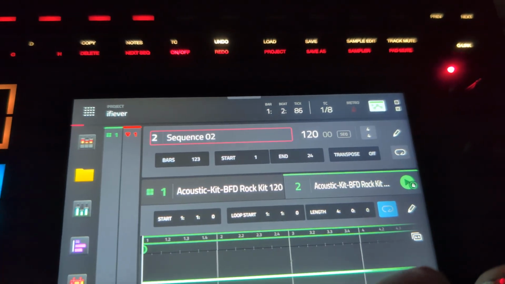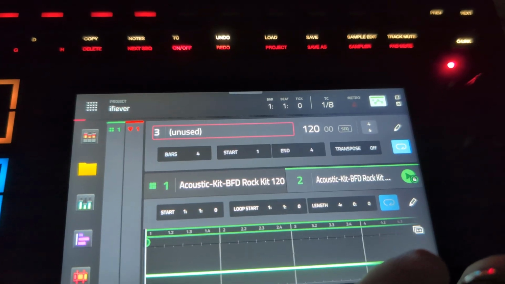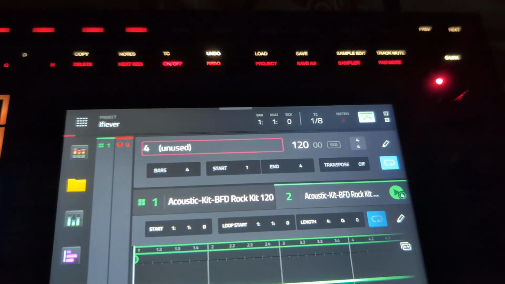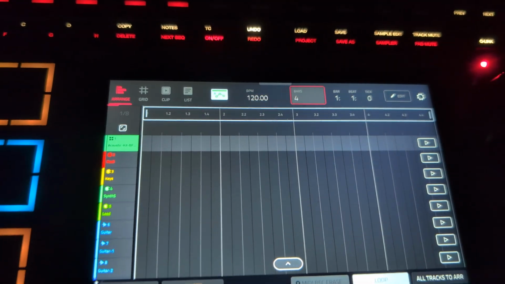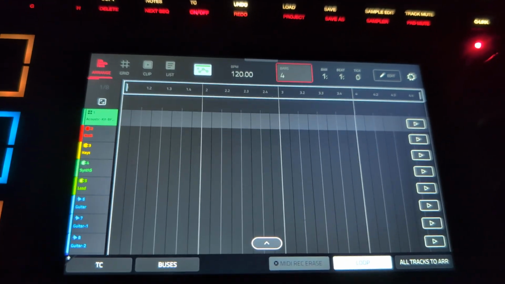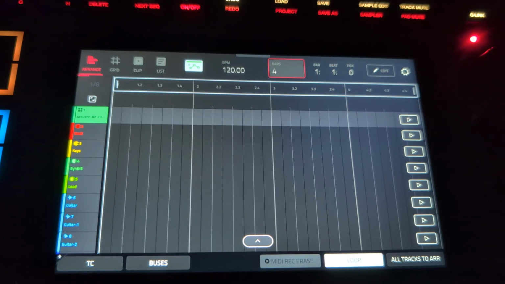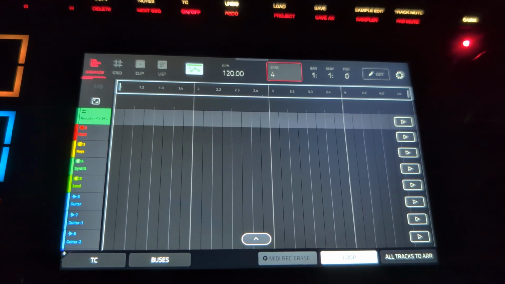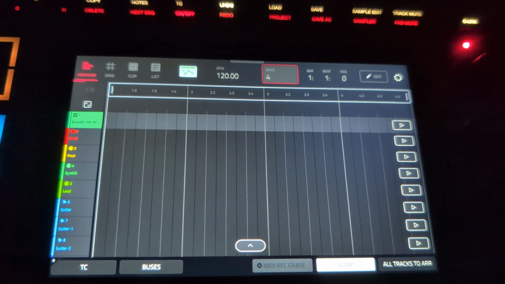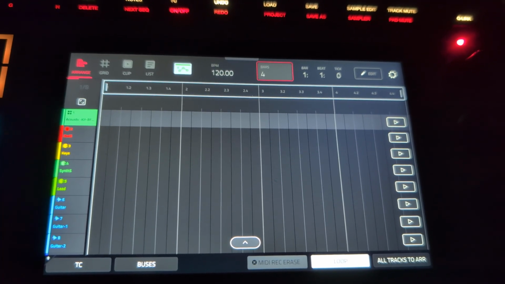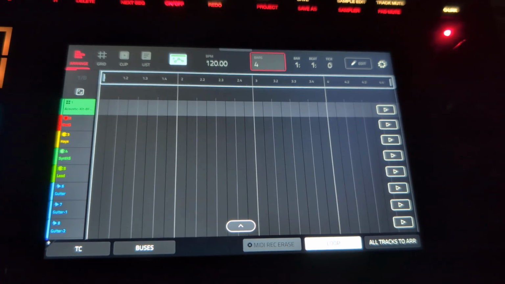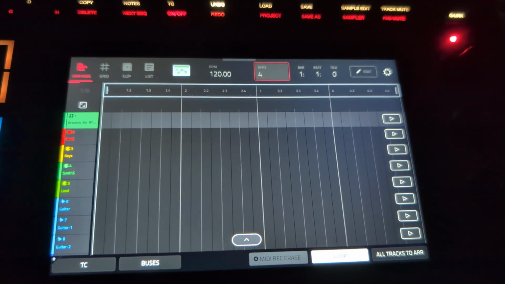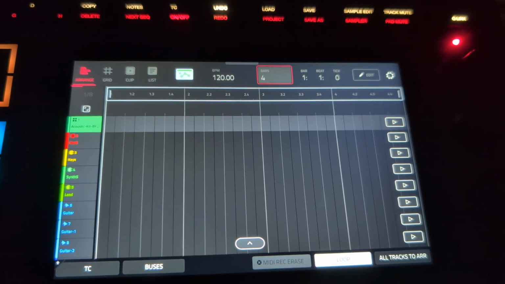using this jog wheel and go to a new sequence, what I actually am doing is, and it should work, this is what I found last time, yes, the arrangement is blank. So you get a new arrangement window. So that's what you're doing when you're changing from one sequence to the other, is you're actually going into a new blank arrangement window and you're recording into the arrangement every time. So sequence 1 fills up the arrangement window with your first 16 bars, sequence 2 with your second 16 bars,